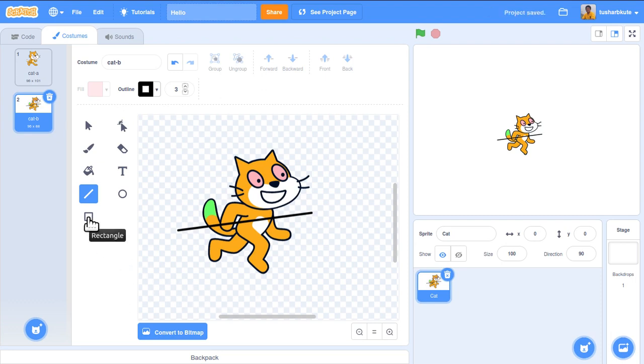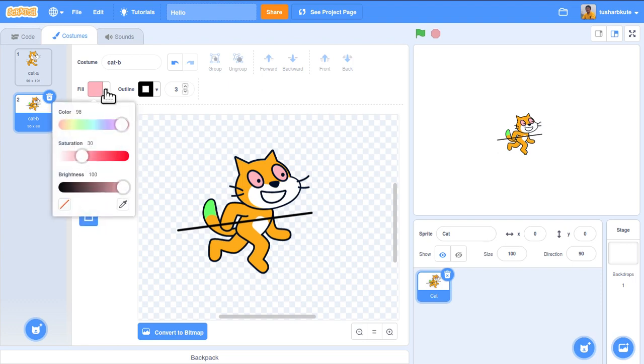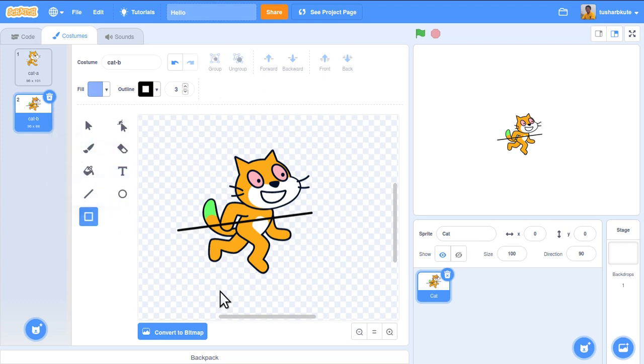If I want to draw a rectangle anywhere, you can make use of this option. Click. But what color do you want to fill it with? You can check this option. I want to fill it with some bluish color like this. Okay, selected, clicked, and now